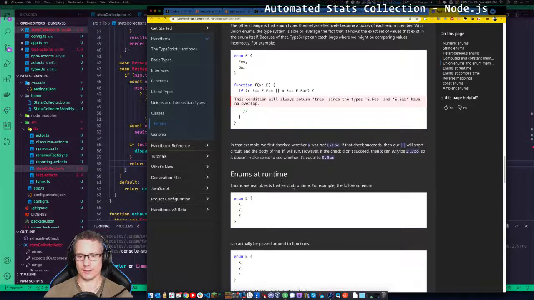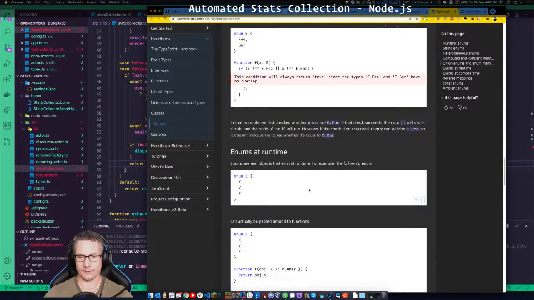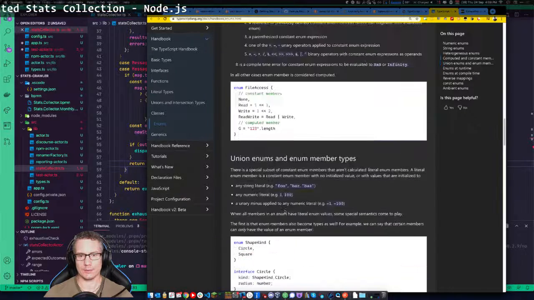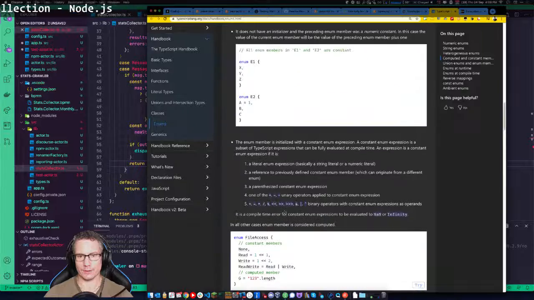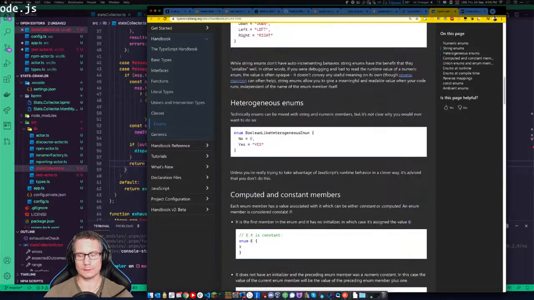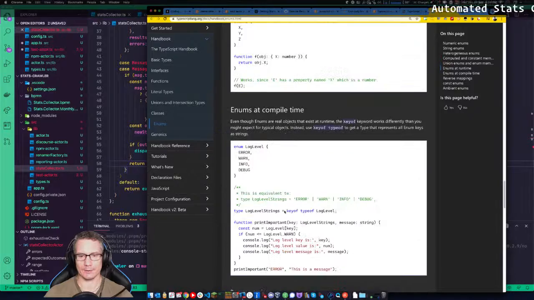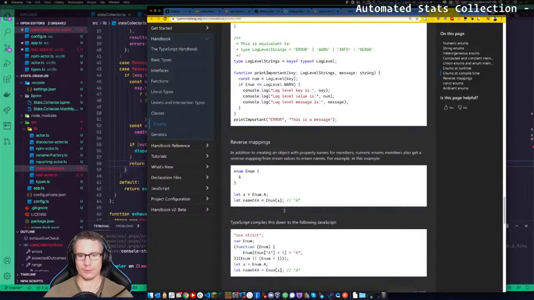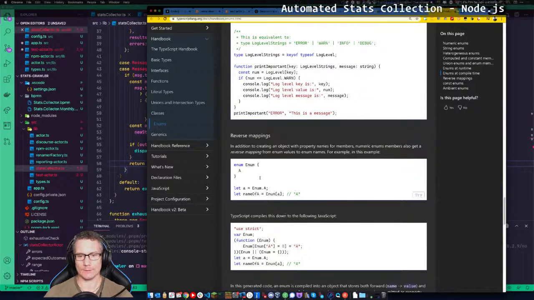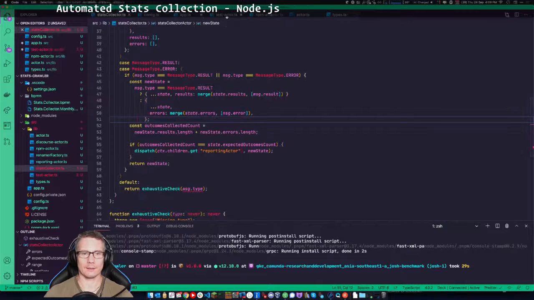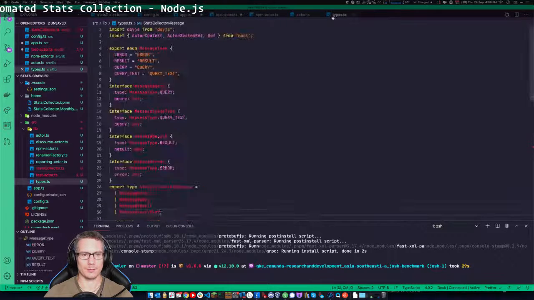Enums are real objects that exist at runtime. E has a property named X. In that case, do we need to do string enums if they're just... It has a property named X. Reverse mapping. Yeah, okay, so in that case, I may be able to,